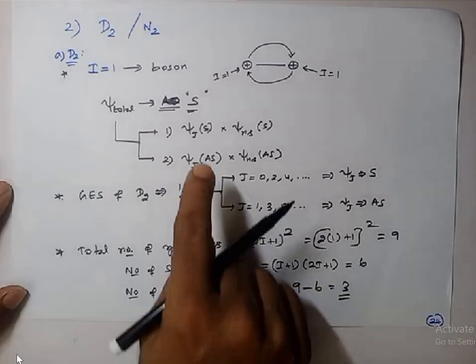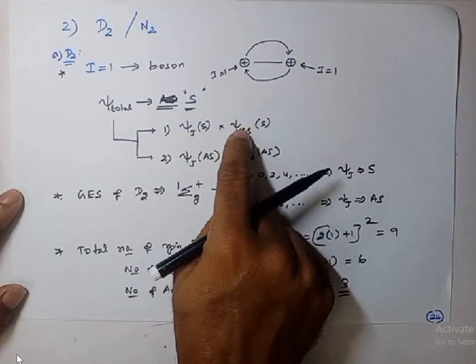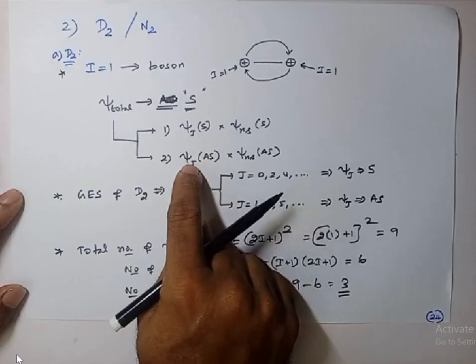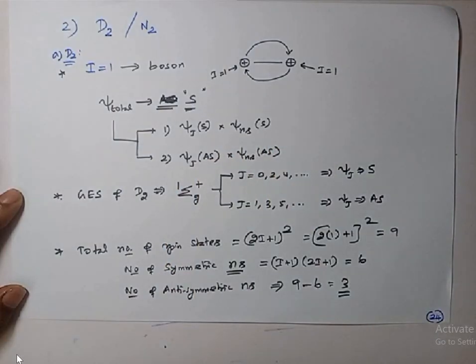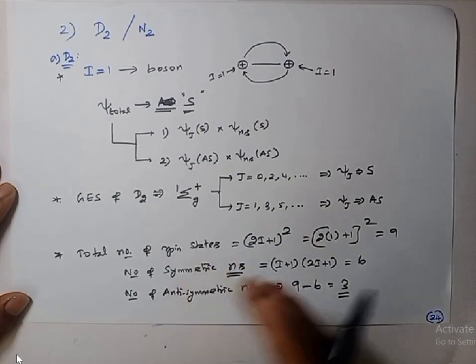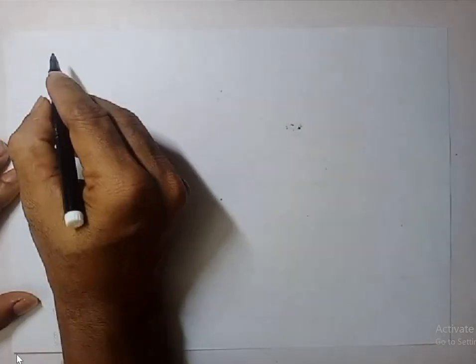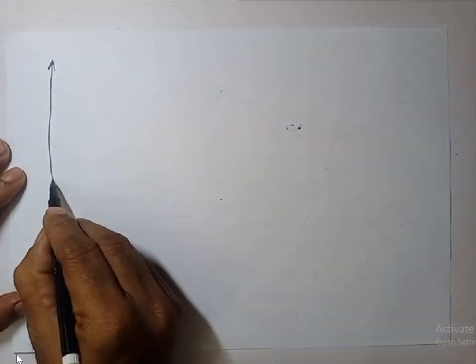Remember, symmetric J states combine with the symmetric nuclear spin states, and anti-symmetric J states combine with the antisymmetric nuclear spin states. So this is the idea. Keep this in mind. Now I'll show you how the spectrum and the intensity variation are. Is there any line missing? Okay, we'll discuss. Listen. Before the nuclear spin affects the spectrum,